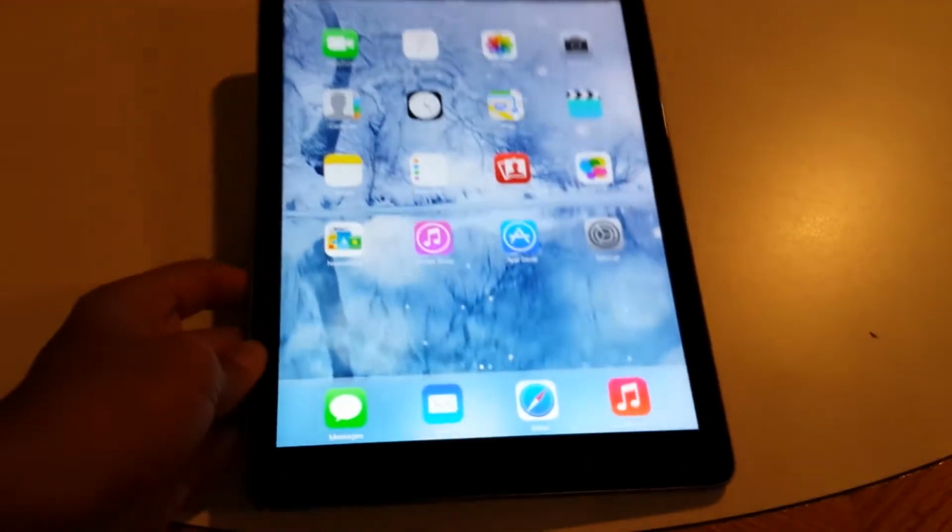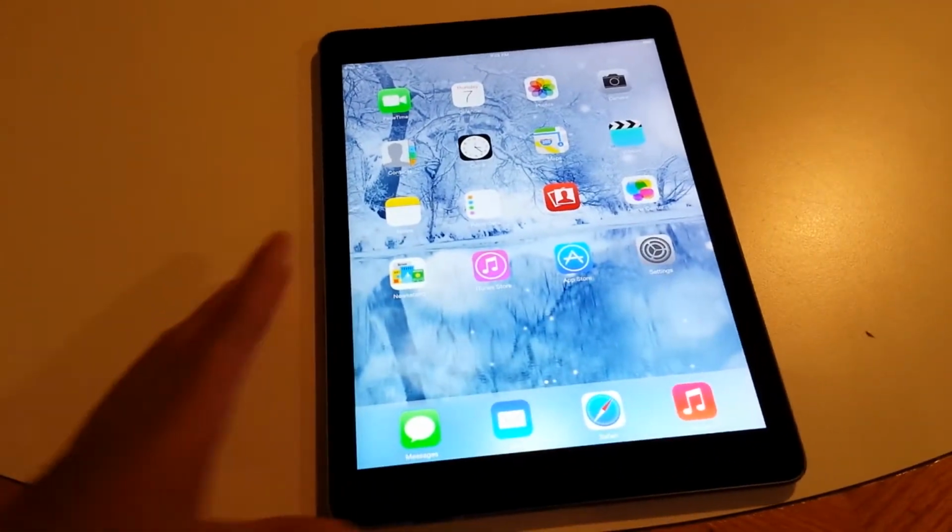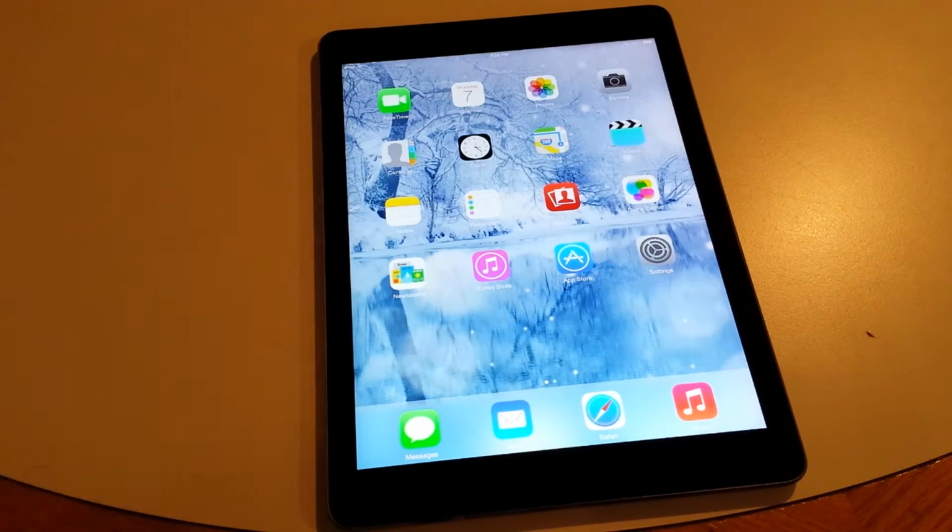The iPad has 1 gigabyte of RAM, just like the iPad 4th Gen. It also has an A7 processor, which was just released with the iPhone 5S, and it is running at 1.4 gigahertz, and it is a dual-core processor. It also has an M7 coprocessor, and the model I have right here is a 32 gigabyte